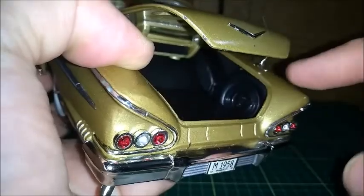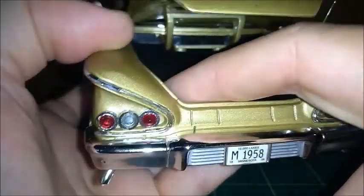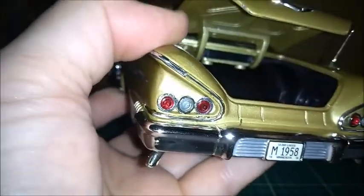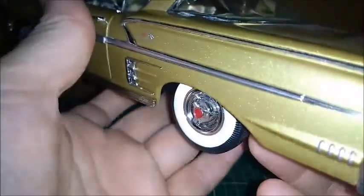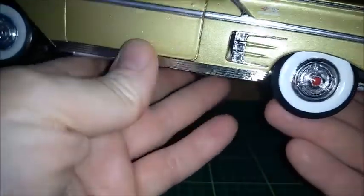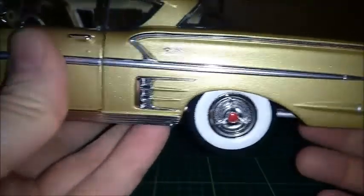The trunk, as we open it, we can see the spare tire, and this is a piece of plastic which simulates the mat. It's pretty well made really for this model, which is not a top line just like the Miniaturas, but it's still a very nice line. That's by ERTL. We can see the other trim here,